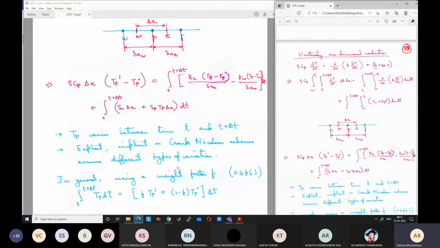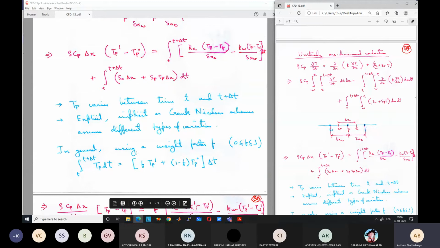If we assume fully explicit, we will only take T0 minus Tp0, and here Tp0 minus Tw0. If we take fully implicit, we will take T1 minus Tp1, and here Tp1 minus Tw1. And for Crank-Nicolson, we have to take a 50% average. So half of T0 plus half of T1 minus half of Tp0 minus half of Tp1, like this. So in general,